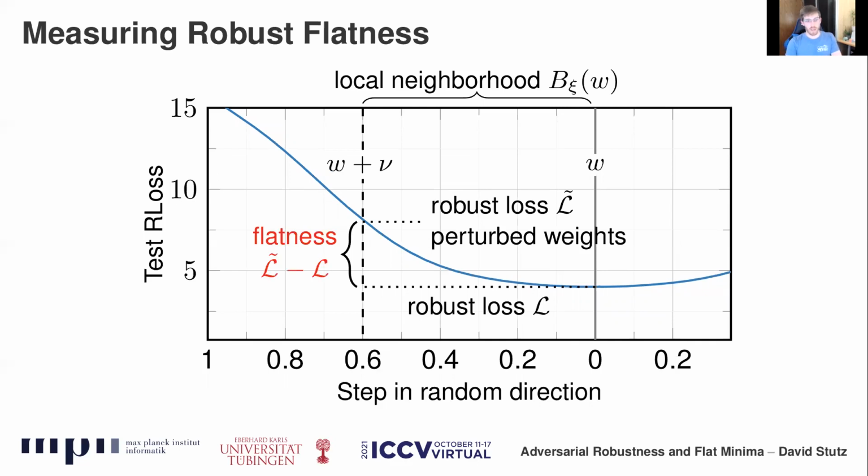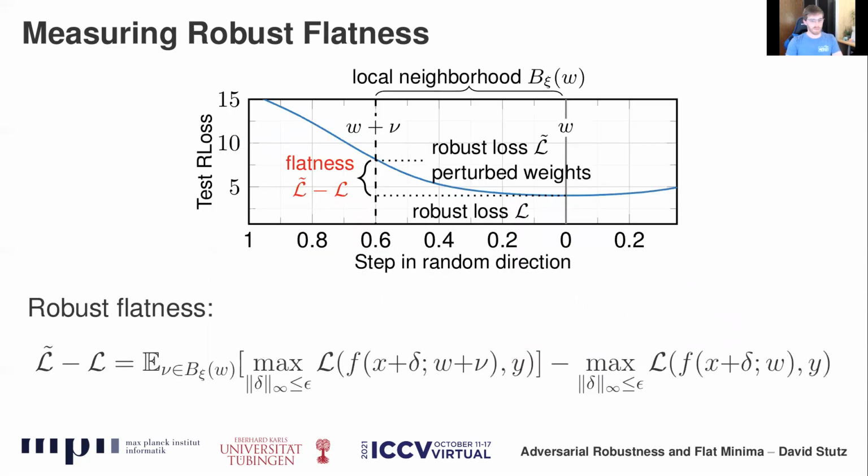Flatness is then measured as the difference between the robust loss with perturbed weights, L tilde, and without, L. Averaging over multiple random directions, flatness basically expresses the expected change in robust loss given small changes in the weight space. Higher values correspond to sharper minima, while lower values indicate flatter ones. This is made explicit here, where the first term is the expected change over weight perturbations, and the second term